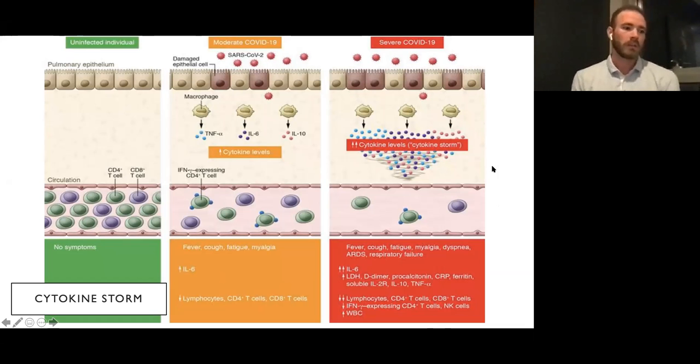This image depicts a progression of the coronavirus, beginning with mild COVID-19 on the left in green, progressing all the way to severe COVID-19 on the right in red. What you'll see is that